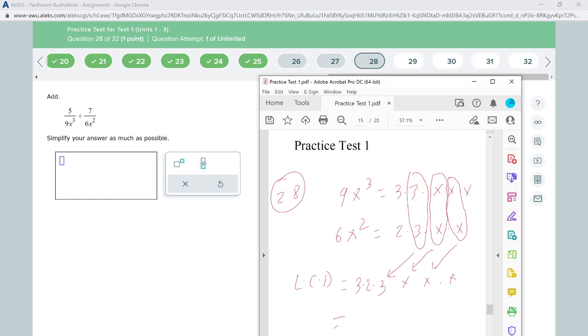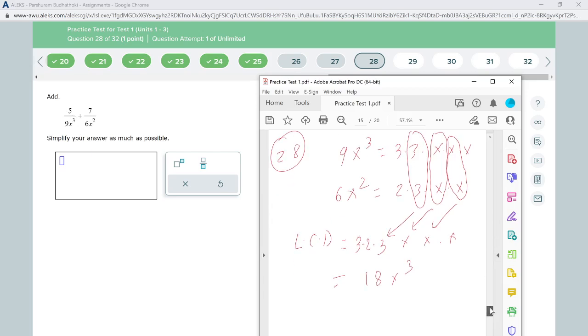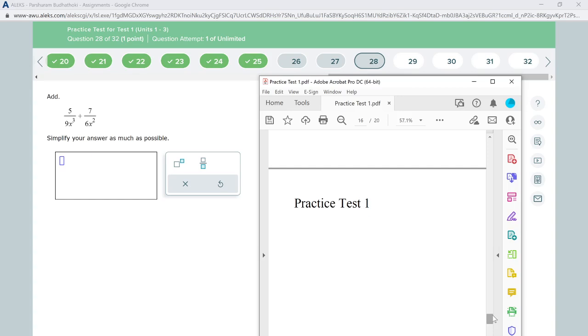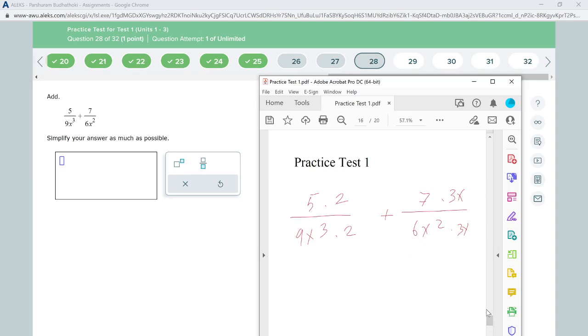3 times 3 is 9 times 2 is 18, x cubed is your LCD. So you have to make this denominator 18x cubed. Okay, so I'm going to copy this problem, 5 over 9x cubed and 7 over 6x squared. Because the LCD is 18x cubed, to make this 18x cubed, I just have to multiply this by 2. To make this 18x cubed, I have to multiply this by 3x. And whenever we multiply the bottom part, we have to do the same thing on the top part. So now this problem would be 10 over 18x cubed,